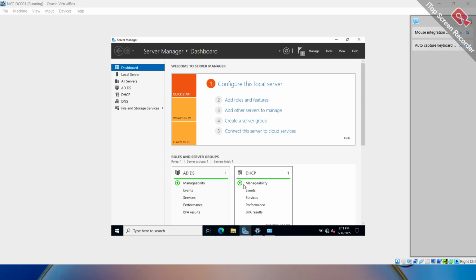DHCP is a role on the server that is used to dynamically distribute IPs to the devices in a network. So which means that if you have, let's say, 100 to 200 devices in a network, the DHCP server will automatically distribute IPs to all the devices in that network, except an IP is